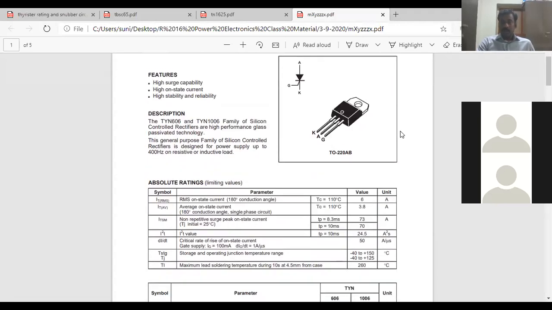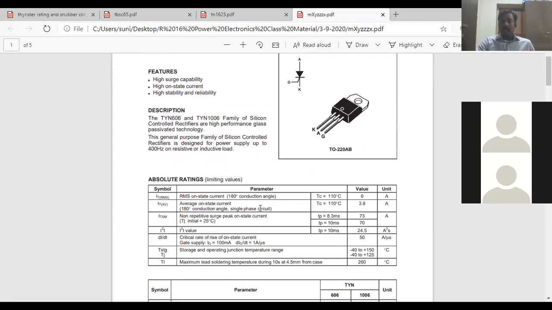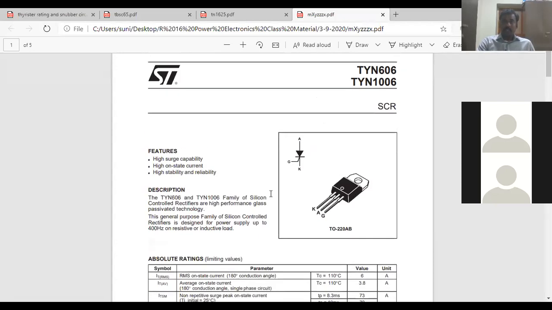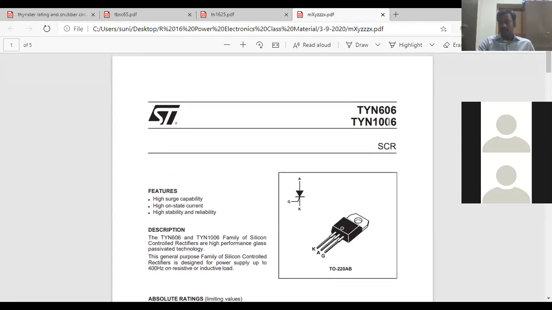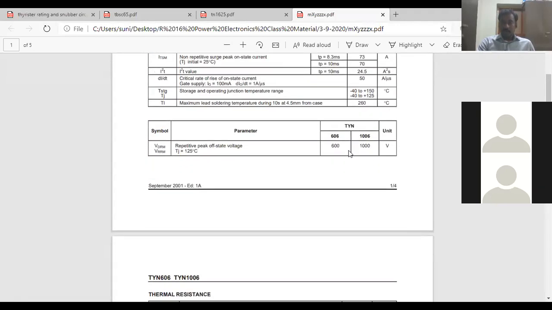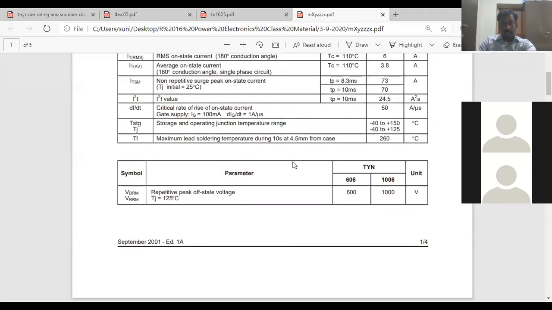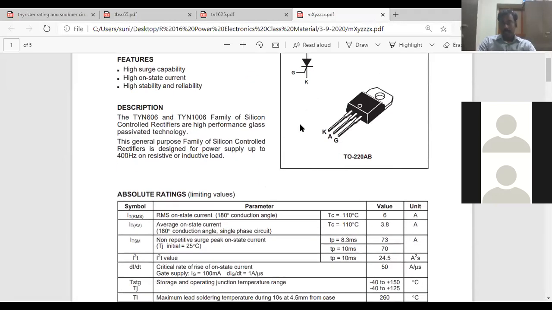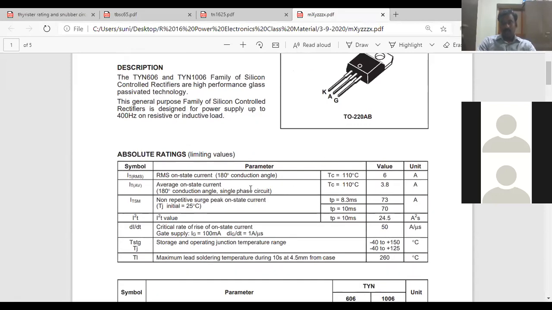Okay. So as we considered the voltage ratings and current ratings, this is the specification sheet defined for these two thyristors. Okay. So you may consider these ratings here. You may also consider the packaging of the SCR. The SCR is packaged like this, with cathode, anode and gate terminals, and its specifications are like this.